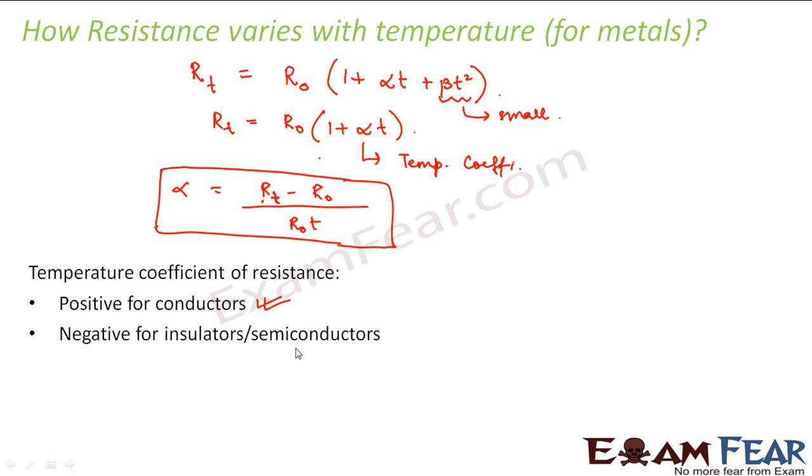So it is found that temperature coefficient of resistance is positive for conductors and it is negative for insulators and semiconductors. Now don't bother about semiconductors and insulators now, because we have a separate lesson where we will talk in detail only about semiconductors. Okay. So temperature coefficient of resistance is positive for conductors. That means as the temperature increases, the resistance also increases, right? So you understood how resistance varies with temperature. So these were mainly the 4 factors on which resistance of a conductor depends. Please remember this expression of temperature coefficient of resistance, because many a times you come across problems where you need these expressions.